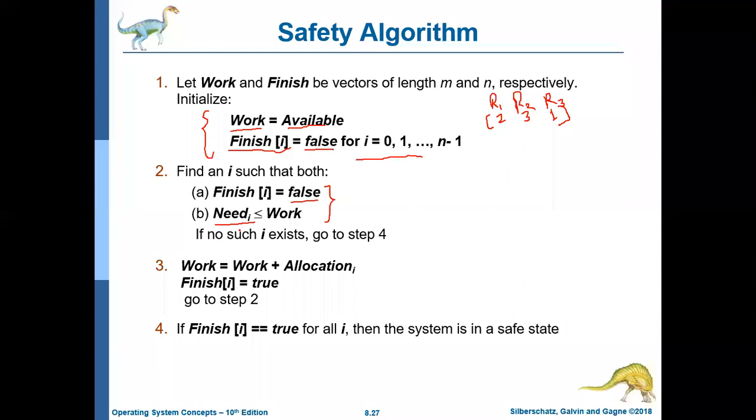If the need of the process is less than or equal to the current available resources, then we can allocate these resources to that particular process. Suppose your process requires 1 R1, 2 R2 and 0 R3. Can we allocate this process some resources? Do we have this amount of resources with us so that we can fulfill the requirement of this process? Can anyone let me know?